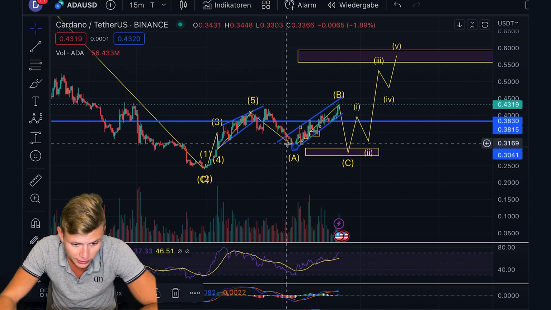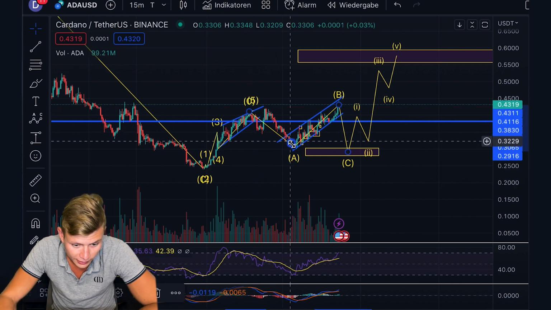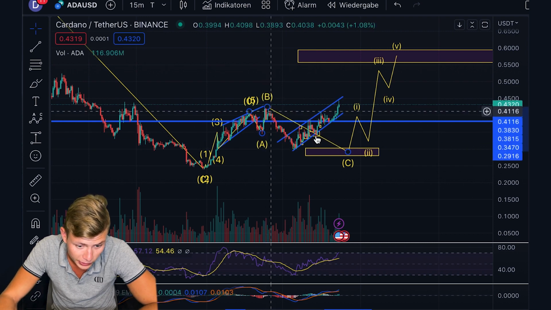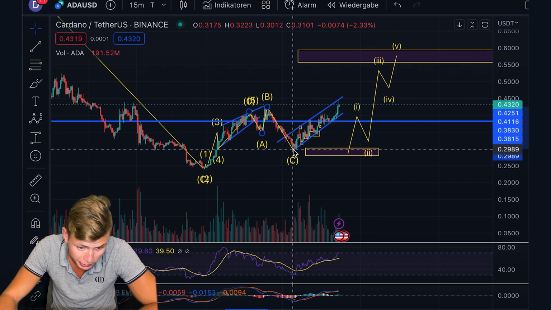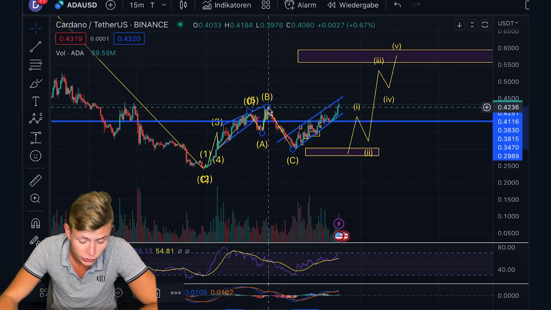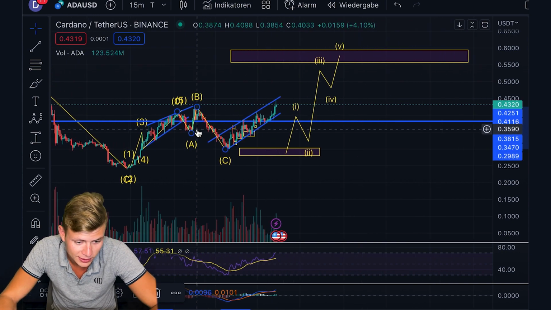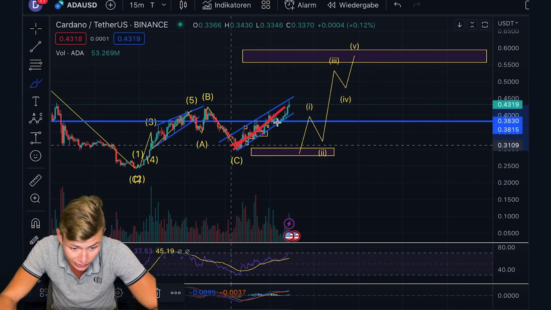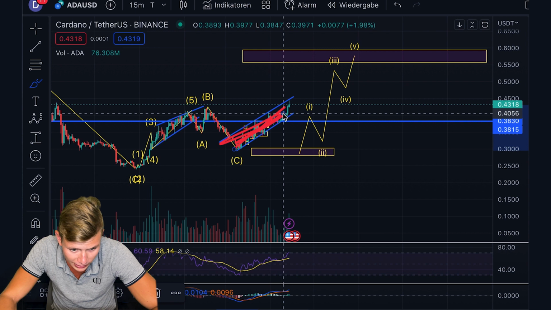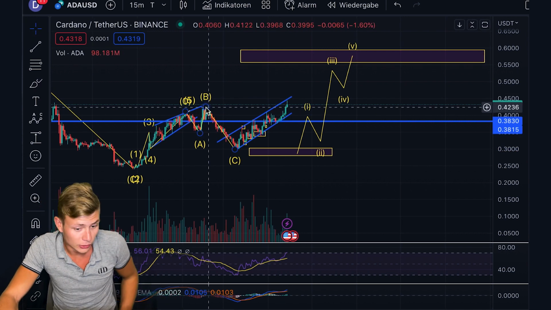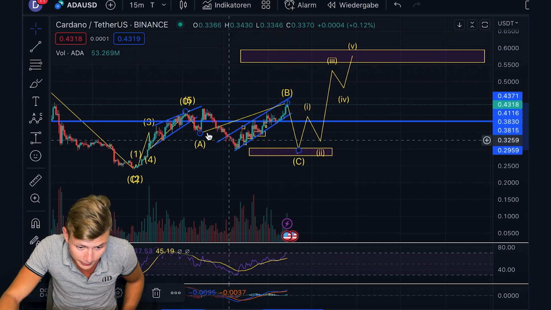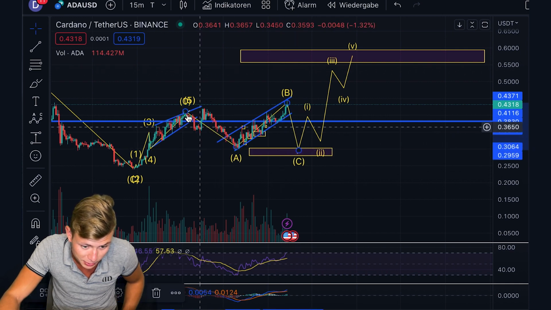The other option we have also has an overshooting B wave, as you can see, because then the B wave would be here, the C wave would be there. So that would also be an overshooting B wave, which also makes this count a little bit less reliable. And due to the fact that this is just not looking very impulsive, there is absolutely the option on my chart that this is just an overshooting B wave. We are coming down in the C wave once more, and this has been an A wave down.